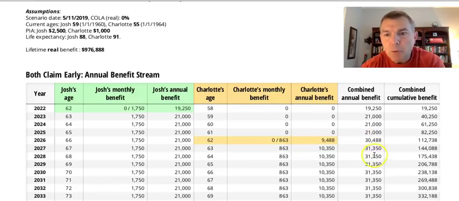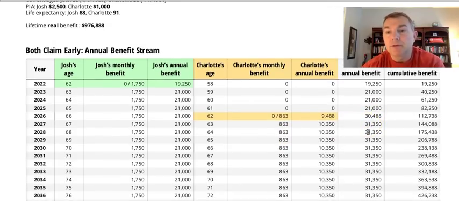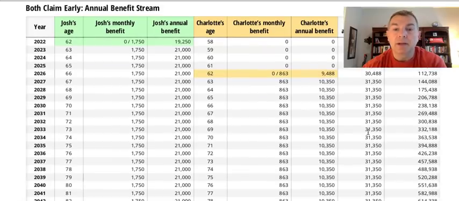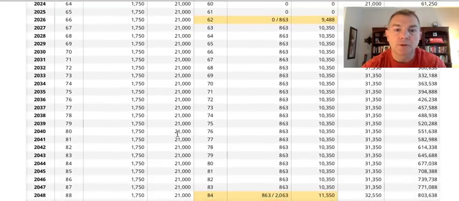So when I'm 66 and she's 62, we'll get between us about $31,350 a year as a benefit. Now, again, we aren't adjusting these for inflation, and there's a reason I don't want to adjust it for inflation, because I just want to show you in today's dollars what you could be looking at. When we adjust it for inflation, it shows way higher. Like, man, I'm going to get $3 million. Yeah, but it doesn't spend like $3 million. So you always want to do just real numbers for sure.